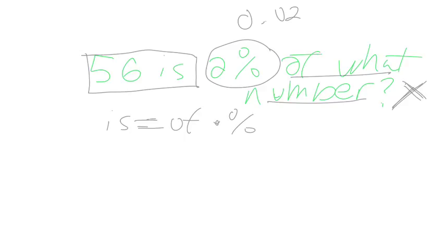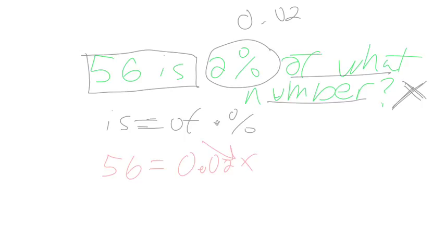So we'll plug these values in. 56 is our is. The of we actually don't know, so that's going to be x. I'm just going to switch the order for a second. The percent we're given, it was 0.02. Now, some students will try to figure out tricks to solve this equation because there are 3 ways,